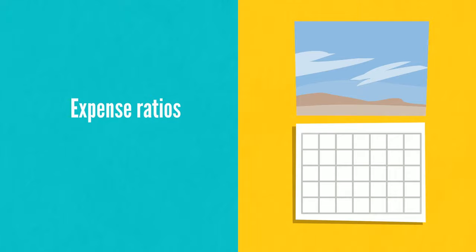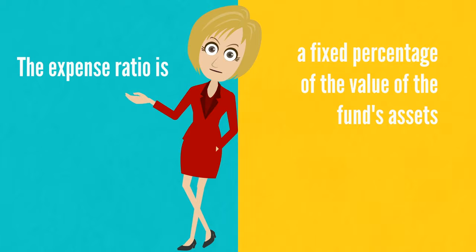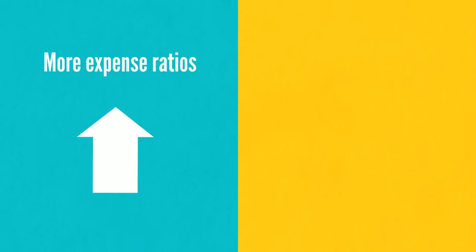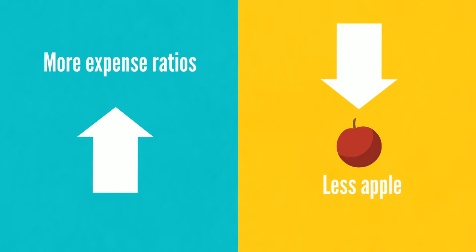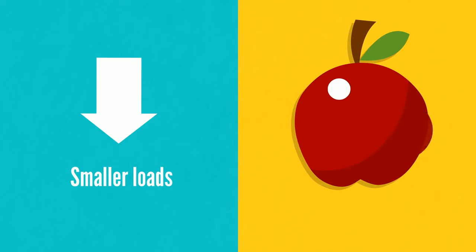Other slices, called expense ratios, come out annually to pay for the mutual fund's operating expenses. The expense ratio is a fixed percentage of the value of the fund's assets. The bigger the percentage, the bigger the slice. The higher your loads and expense ratio, the less of the apple is left to earn yearly returns. The smaller the loads and operating costs, the fewer and thinner the slices, the more apple you'll have working for